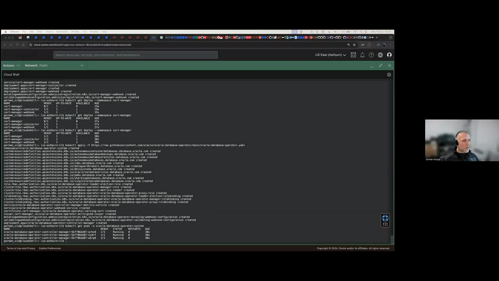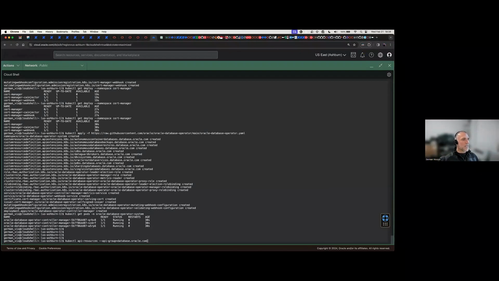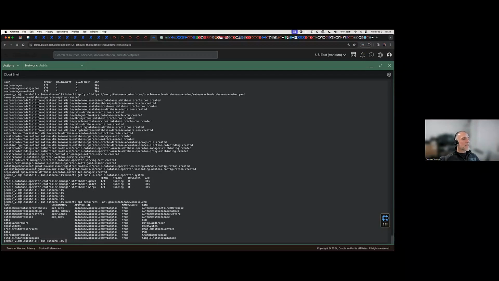And you might wonder, okay, what is it that I can do now that I have the operator? There's a way for you to check the resources that the operator is providing. If you do kubectl api-resources with the API group database.oracle.com, you will basically get a list of resources that the operator just added. As you can see, we extended the API of Kubernetes, and now we can deal with autonomous container databases, autonomous database backup, autonomous database restore, autonomous database.